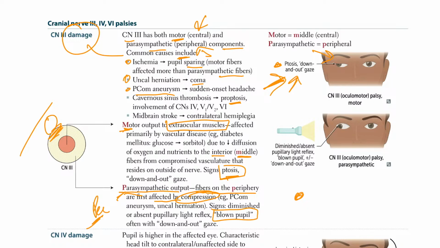And that is going to cause damage to the parasympathetic outflow, and it will lead to diminished or absent pupillary light reflex. That's one thing. All right. Second thing is blown pupil, which is just dilation of the pupil, because now you can't constrict it. Now recall who was constricting this pupil. Well, the constriction was done through the parasympathetic